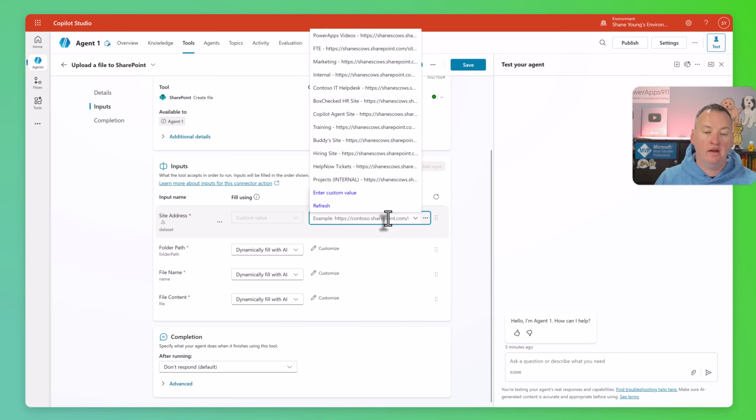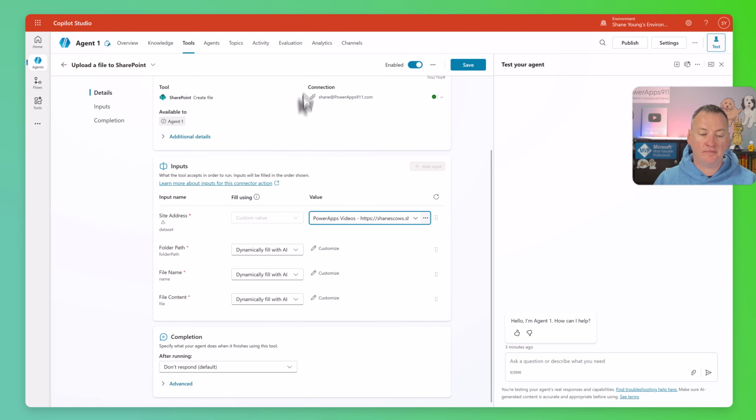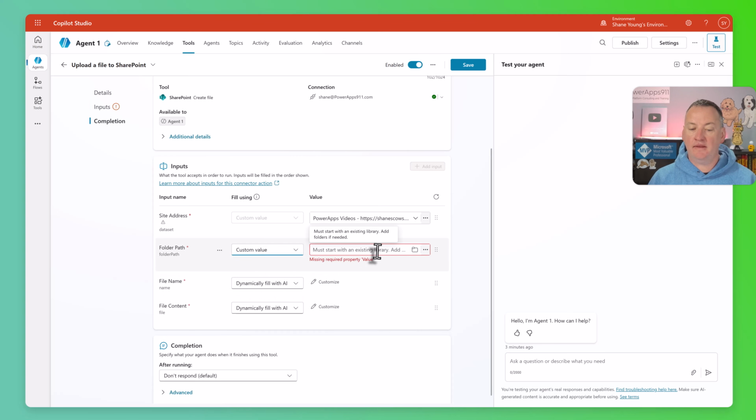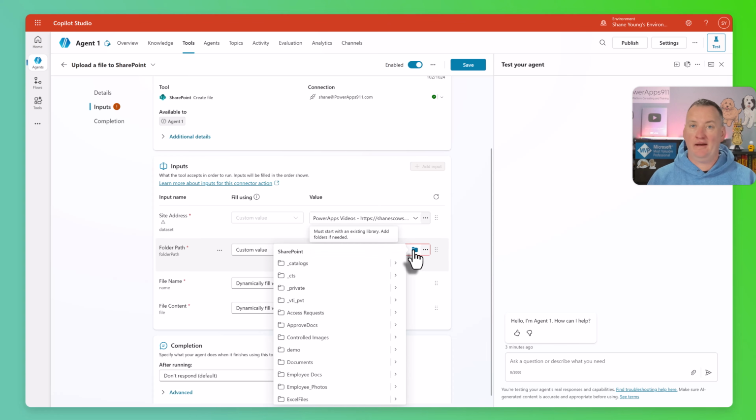But if you click right here, then there are my different SharePoint sites. And so I'm going to upload it to my Power Apps videos folder path. Now to try to dynamically fill that with AI, I want to specify this ahead of time. So I'm going to click here and I'm going to say custom value. And then when I click in here, it is going to, or no, if I click this, after multiple clicks,